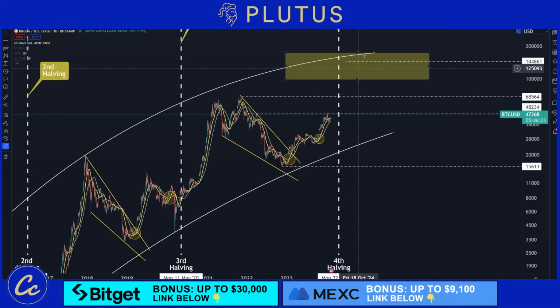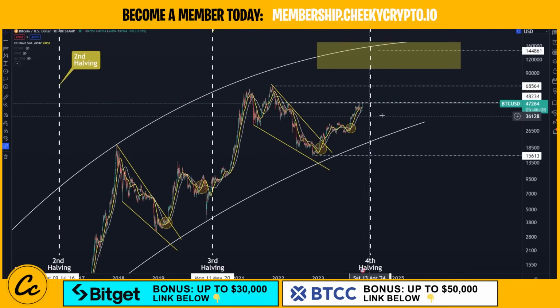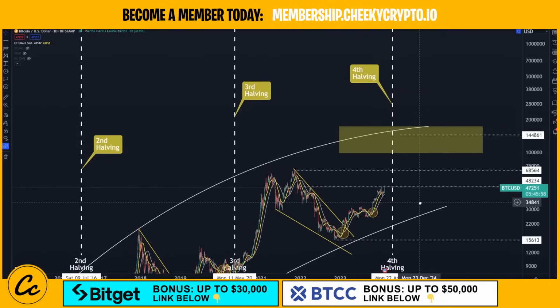We'll be targeting anywhere between $98,000 and $173,000, which of course we'll be able to anchor in and zoom in on those ranges as we get closer and closer to the time when we actually start to see those patterns and structures playing out. So everything's looking pretty good. We are reaching the upper area of this move. We will be looking for a bit of a cool off and some great opportunities to load into some long positions, or if we're into spot, we can obviously build up those spot positions as well.